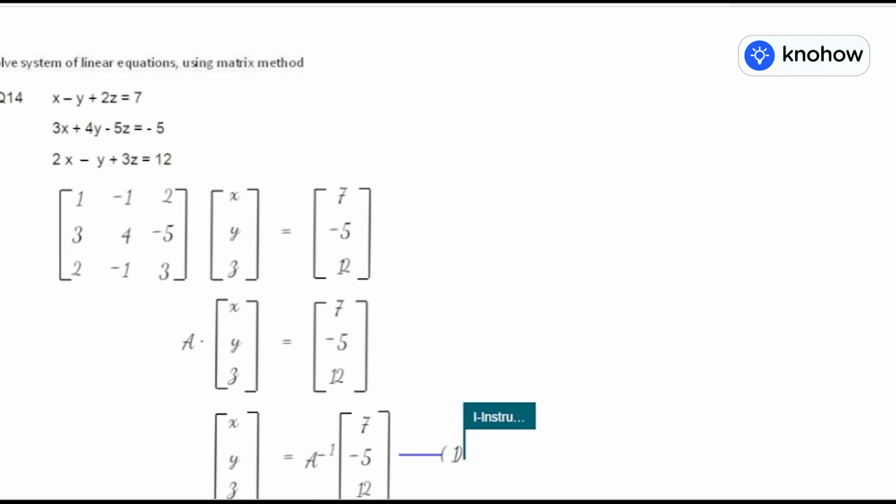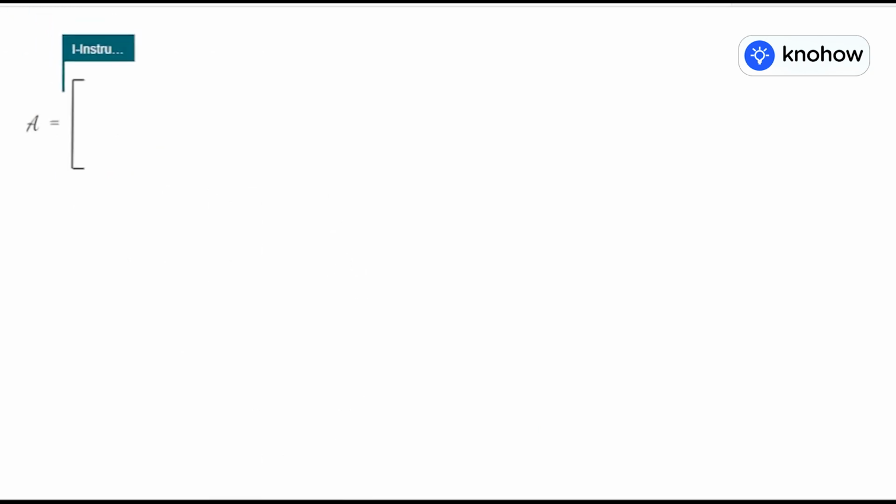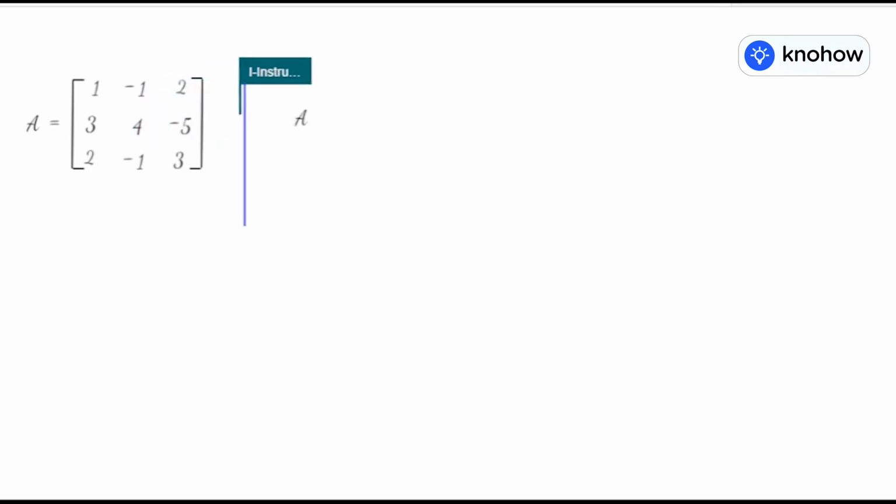To find A inverse, you need determinant A and adjoint A. By the way, what is the coefficient matrix? It is 1, minus 1, 2, 3, 4, minus 5, and 2, minus 1, 3. So let us first of all work out the value of determinant A, and we'll